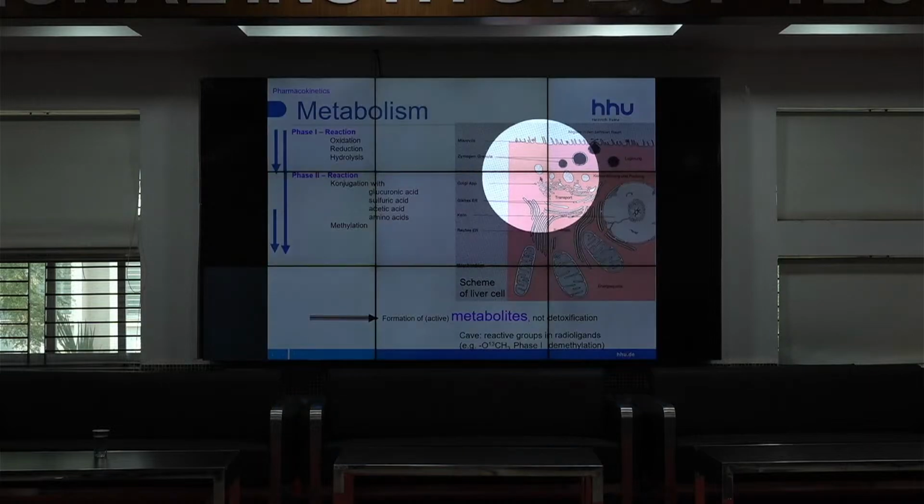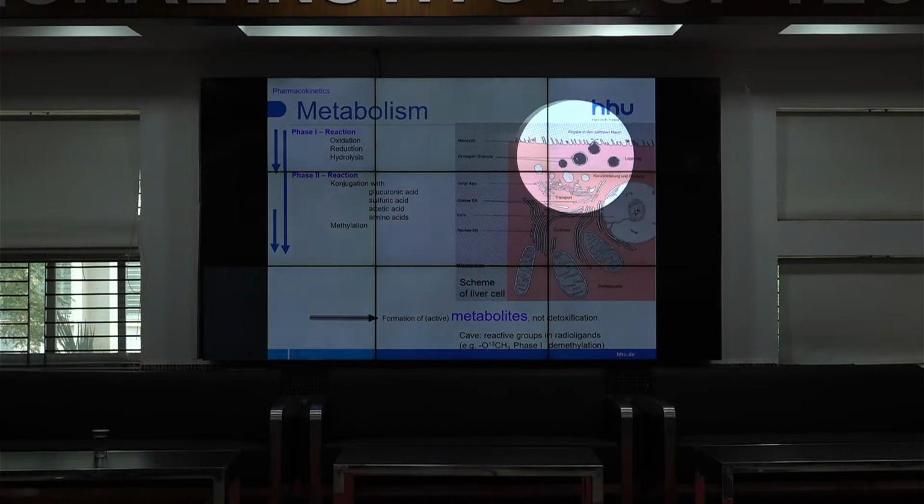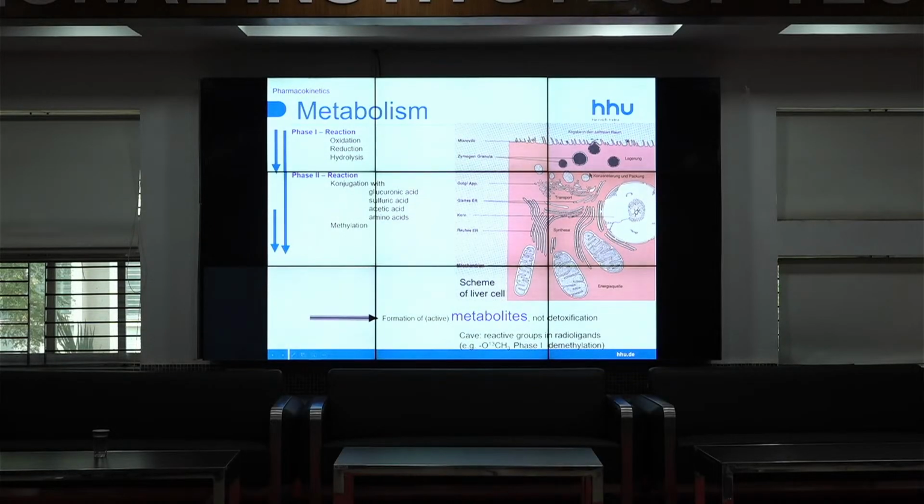And then we have the endoplasmic reticulum or the Golgi apparatus, and the metabolites are then taken into some granules or some liposomes in this way so that they do not intoxicate the liver cells, but they can then be excreted into the plasma after a